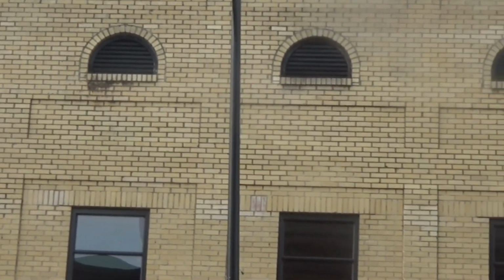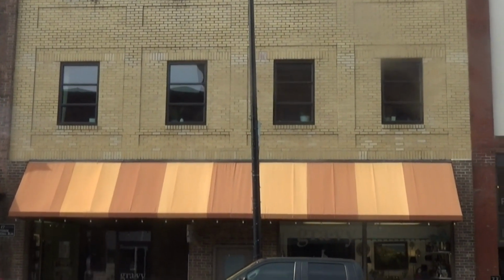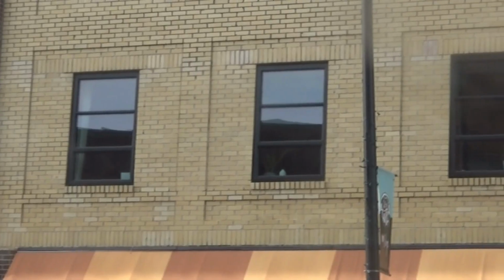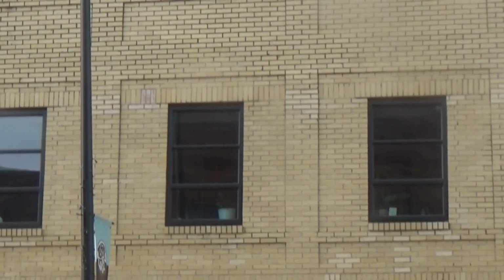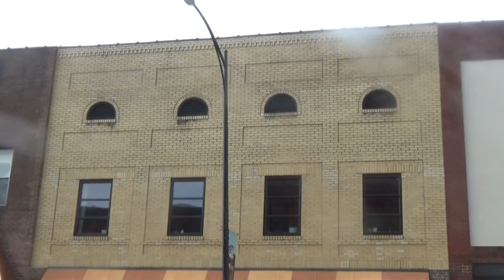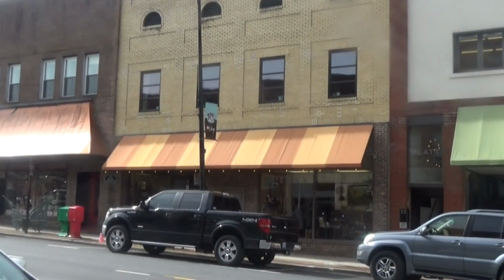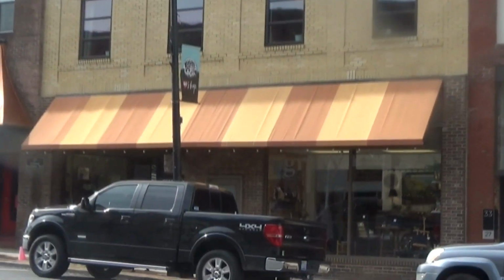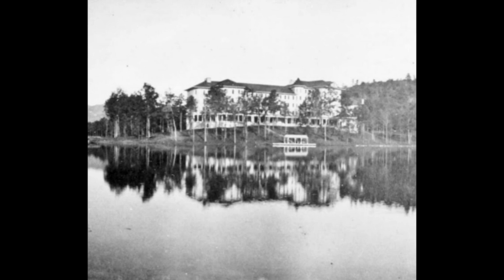It holds a flat roof with parapet walls. However, this building was built circa 1905, and it has had several facade changes, including one prominent one in the late 1940s. These changes included rebuilding the second floor to raise the parapet to what would come to be its current level, making it even with the buildings on both sides. Also added at that time were new windows, a new brick facing, and a new storefront. Much of the interior was also remodeled in the 1940s to include woodworking trim from the Lake Toxaway Inn, destroyed